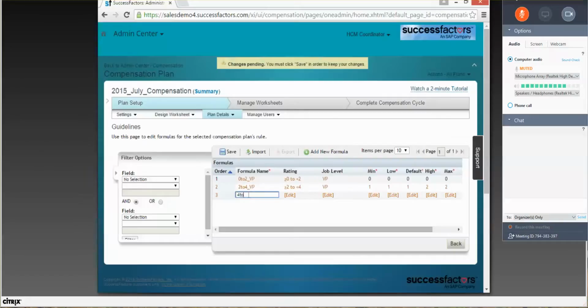Then you have 4 to 5: rating greater than or equal to 4, less than or equal to 5. Vice president again. So this is 2, 2, 3, 5. Similarly, you can add